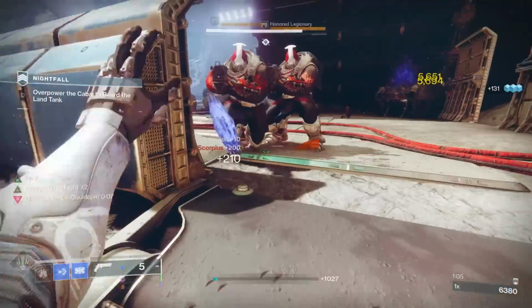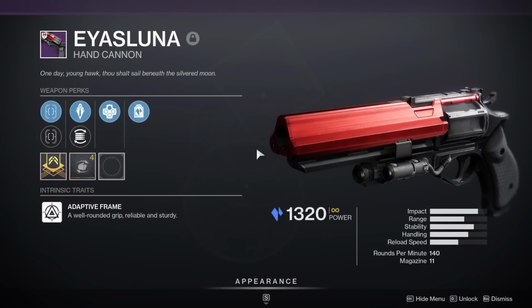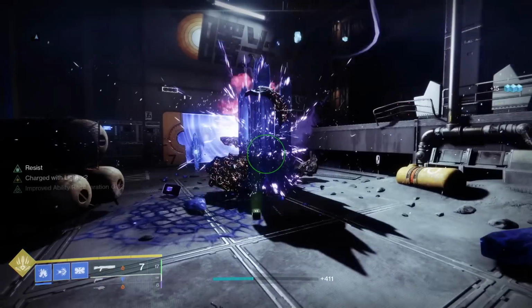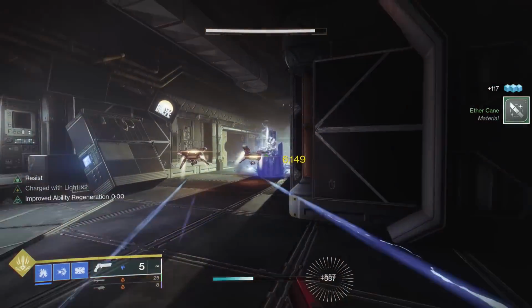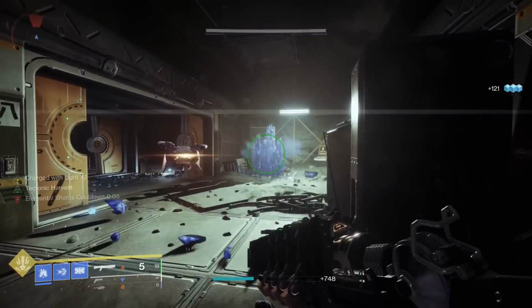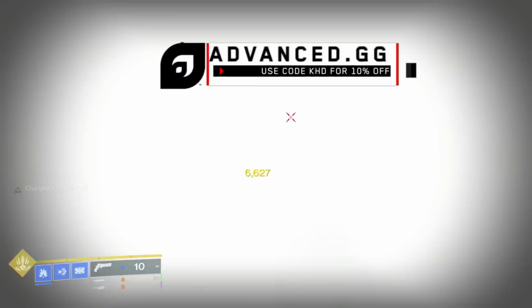Alright, now let's take a look at that PvE God Roll in question. First and foremost, it revolves around the new perk Headstone. Precision final blows spawn a stasis crystal at the victim's location. The fact that the Eyasluna can get Headstone is absolutely incredible, guys. Headstone is a really, really powerful perk. A stasis crystal, especially when you're running a stasis build, has so many synergies. In fact, we're going to go over my build and just how many synergies you get for spawning one. It's just incredible. And again, the fact that you find it here on a 140 rounds per minute hand cannon,